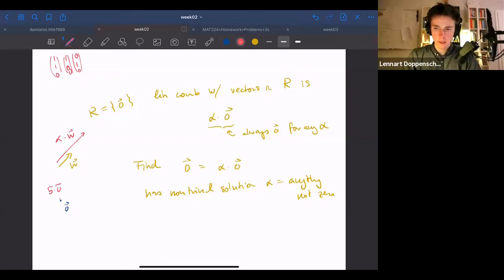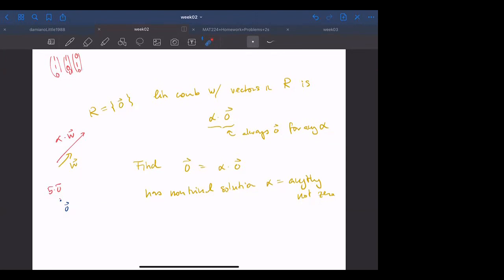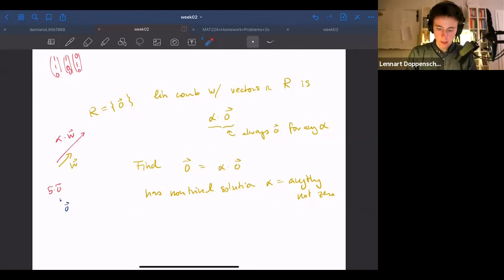I wouldn't formulate it as that. I would say that what we want is a non-trivial combination, and any non-trivial number here will give us a non-trivial combination. The only confusing thing might be that we only have one vector in here. Usually we have a family with more than one vector. And because we have a non-trivial solution, something non-zero, such that this combination, which usually has more terms in here,